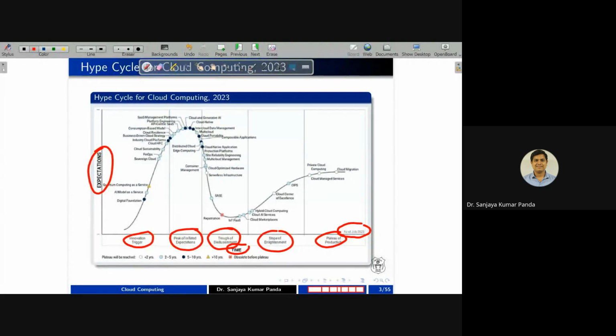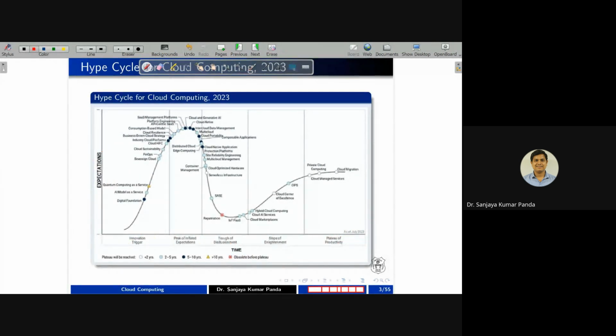So it has already reached the plateau of its productivity. Nobody is willing to use that system, that mobile phone without internet connectivity or without applications. Every technology passes through these phases. It may happen that in a particular phase, one technology stays for 2 years, another may stay for 5 years or 10 years, and so on.